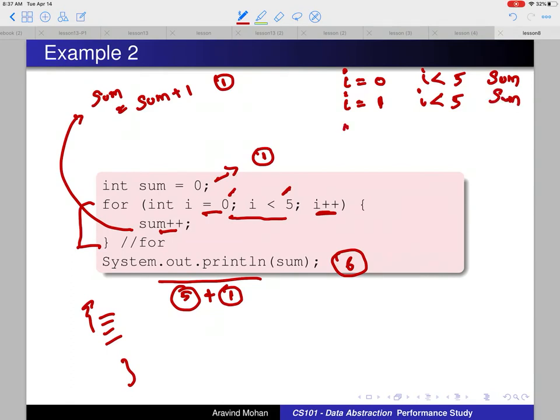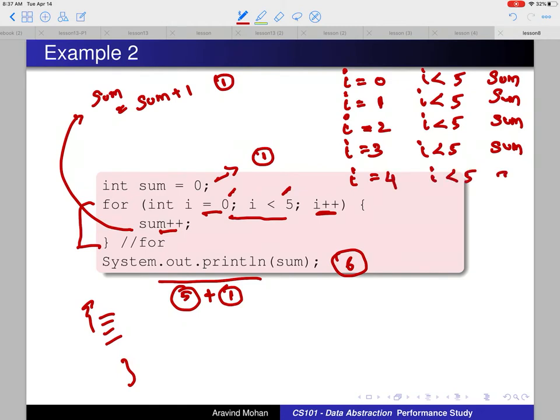I would be checked if I less than 5, then again sum, then I equal to 2, I less than 5, sum, I equal to 3, I less than 5, and then you have sum, I equal to 4, I less than 5, and then you have sum, and then now you should see I becomes 5, I less than